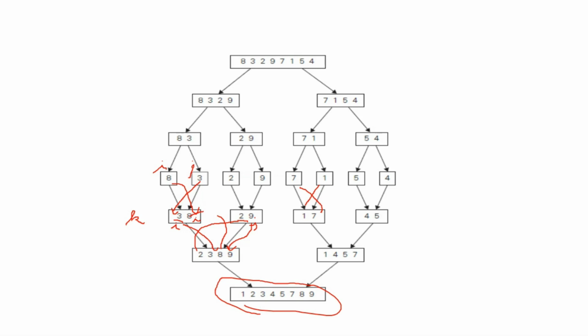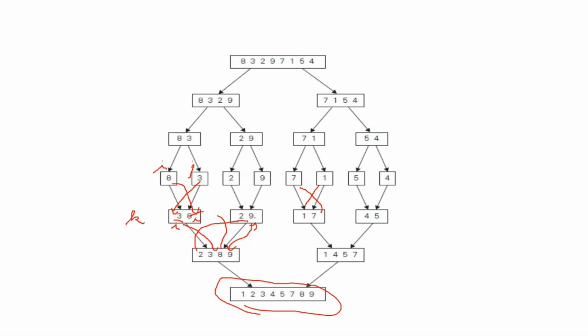Once again, these two subarrays need to be sorted by using the merge sort. So we are going to divide this into arrays of 1 element each. So 8, 3 and the subarray of 2, 9 as 2 and 9. When there is one element, you need not call the merge sort function. So we need to slowly merge the two solutions into one array.